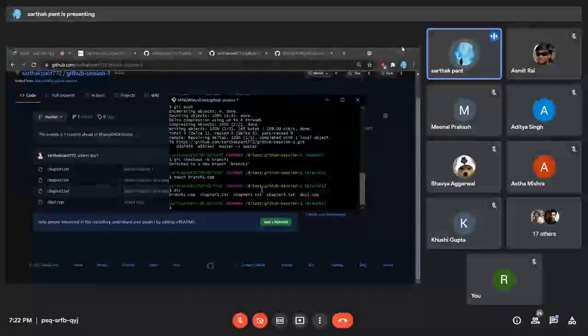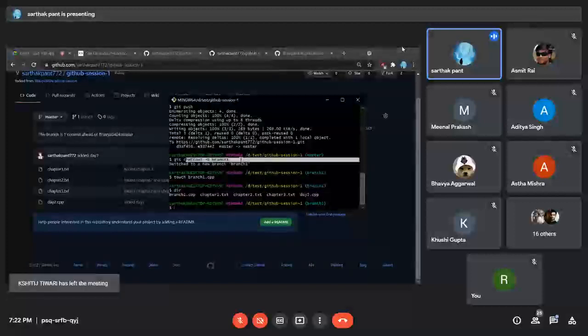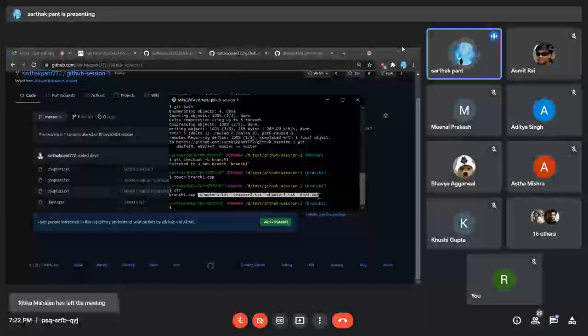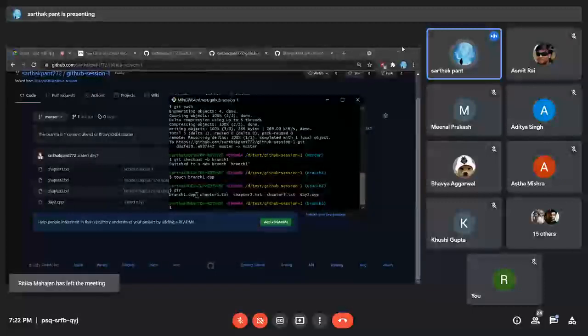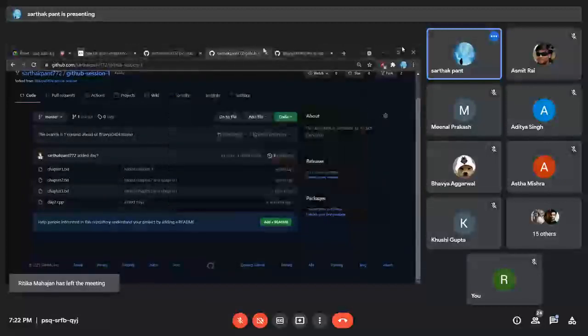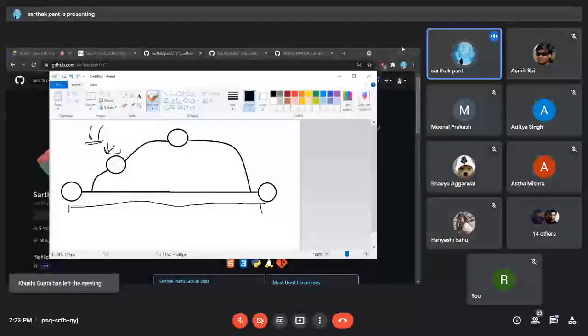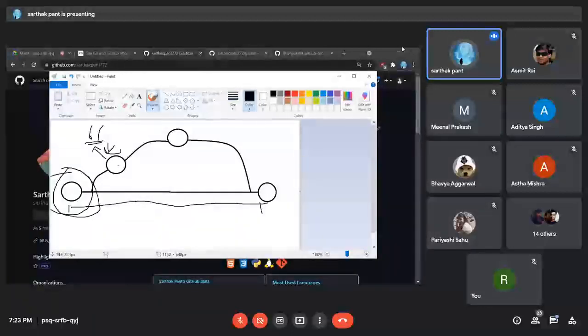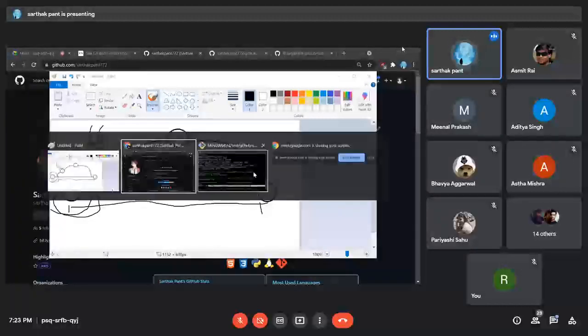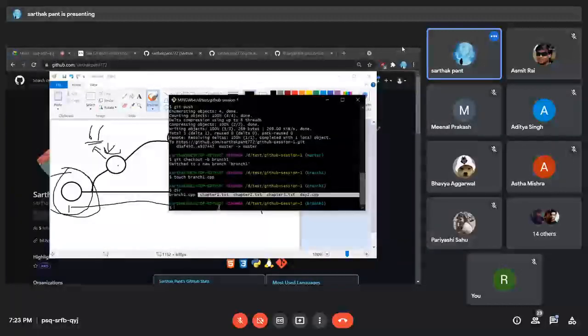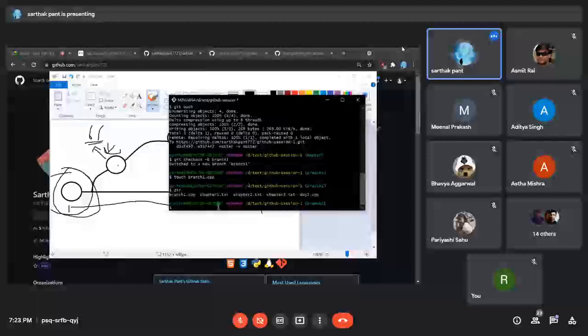And you can also see that when I just created a new branch, everything of the existing branch, that was the main branch, was also inserted in that. So in this we have created the branch 1 file, and this also has all the content of the main branch that we have created this branch from. Okay, so I'm going to push it.